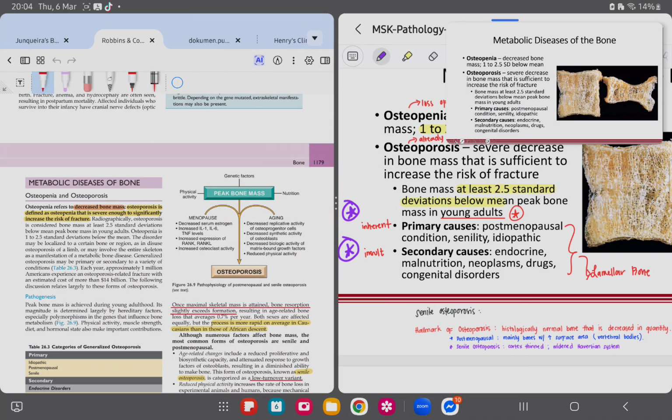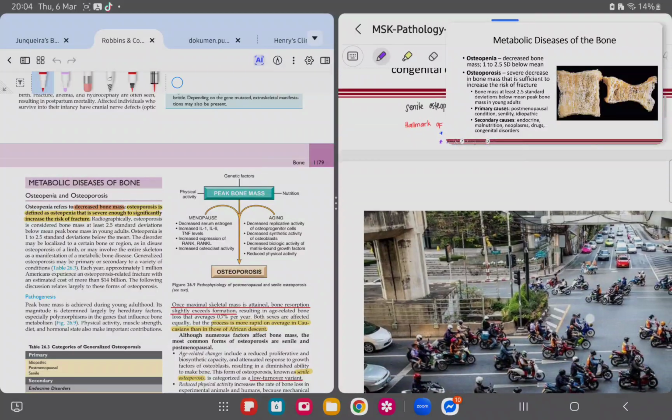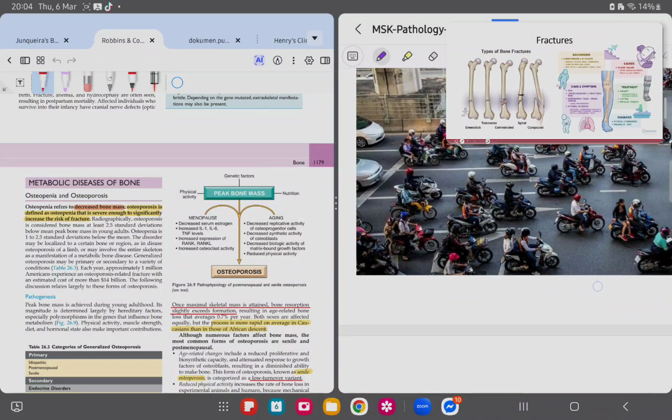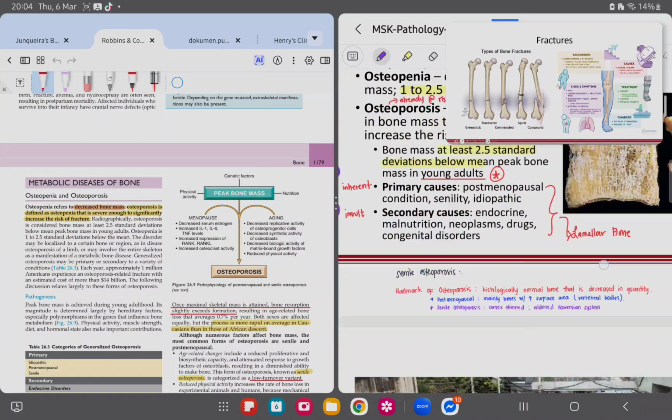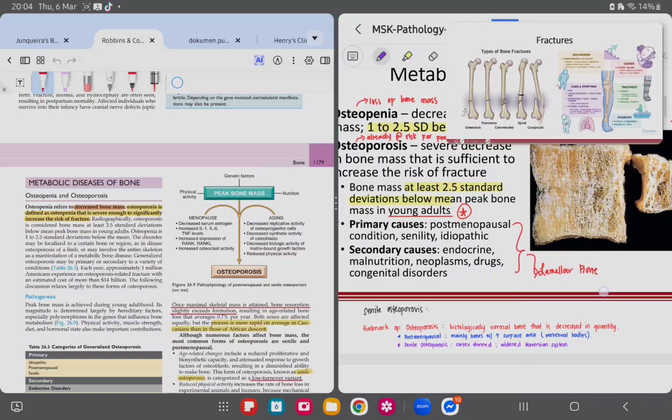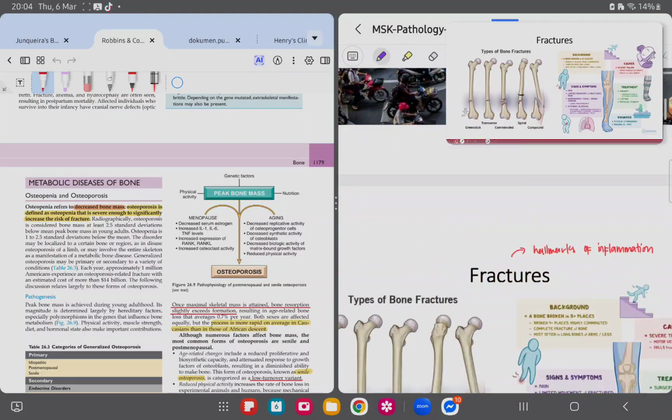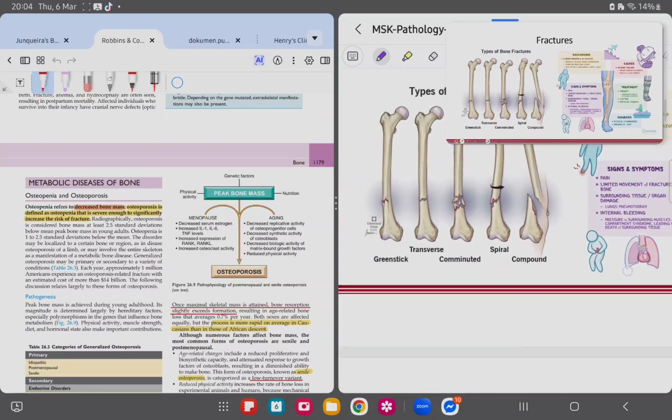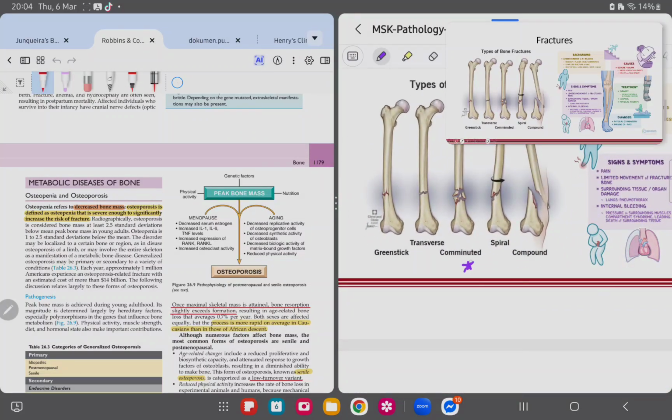We touch on the different types of fractures, from the greenstick fracture, which is common in young patients, to your transverse, in which there is a complete break in your bone, comminuted or fragmented bone, your spiral, which involves not only a complete break of the bone, but also a rotational distortion of your bone, and of course, your compound fracture, in which your bone penetrates or punctures through your subcutaneous tissues and skin.